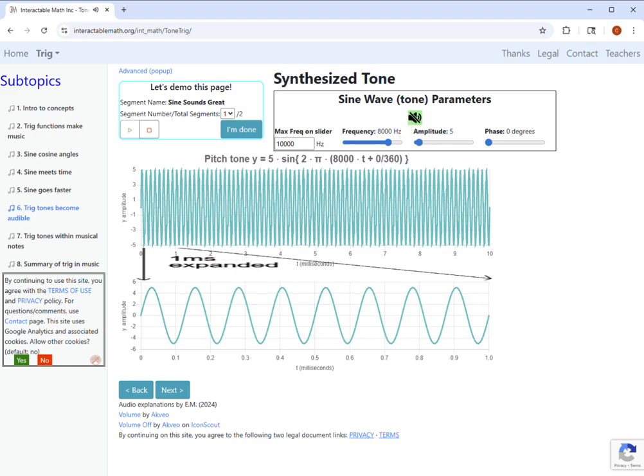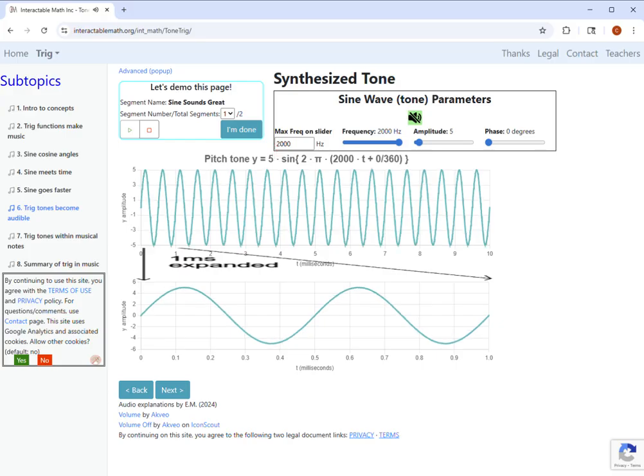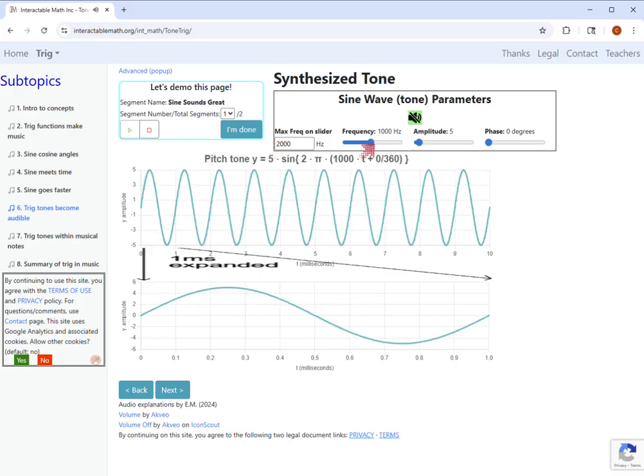When you play this on your own, you can take it up to 10 kHz if you want. Young humans with excellent hearing can hear up to 20 kHz, but on this web page we won't go beyond 10 kHz. I will back down the max frequency of the slider since most people find tones over 2 kHz to be unpleasant. In the next segment, we will talk about the amplitude and phase sliders.